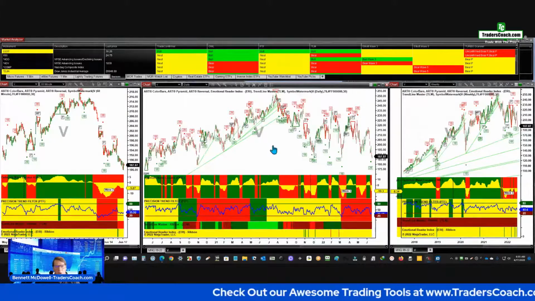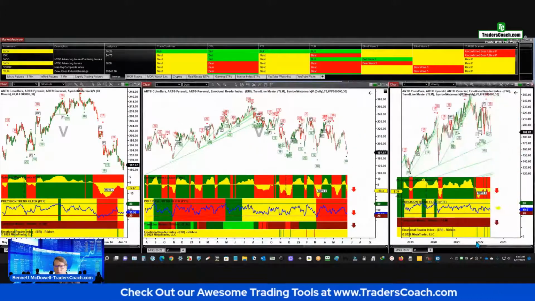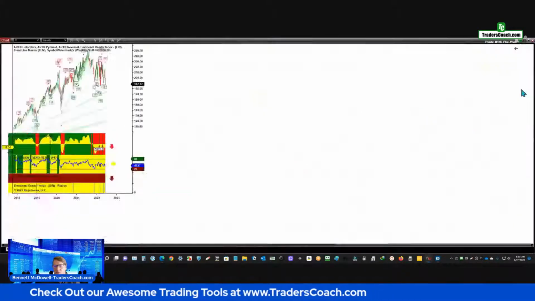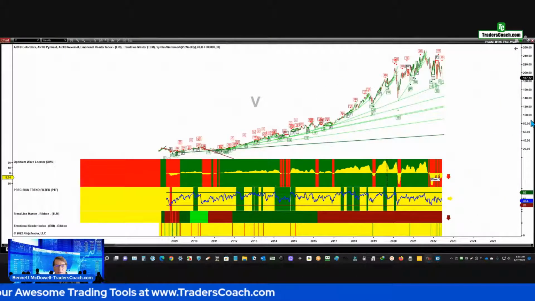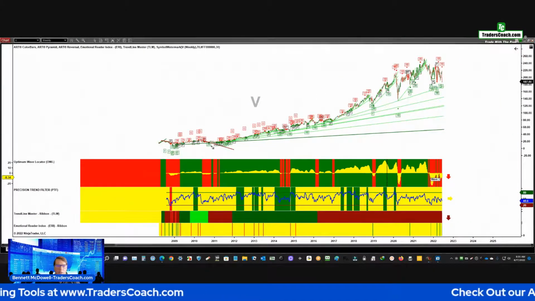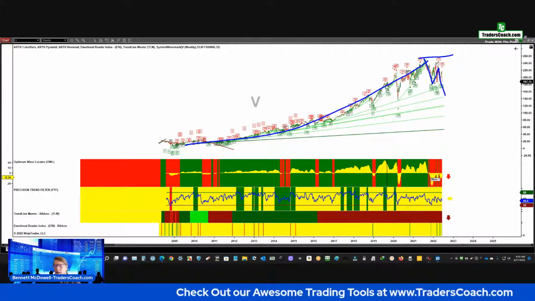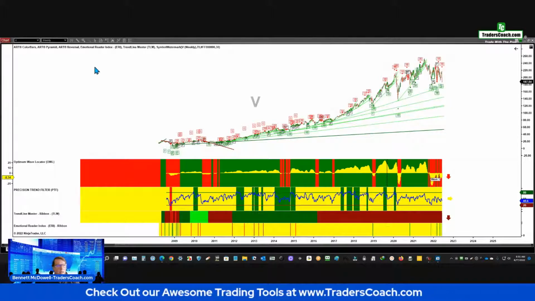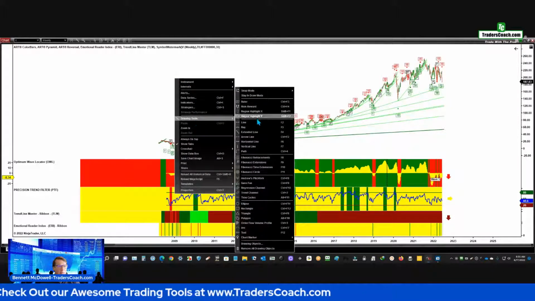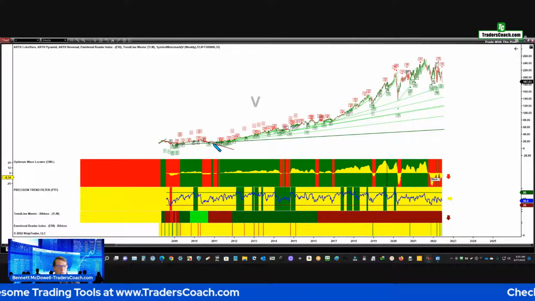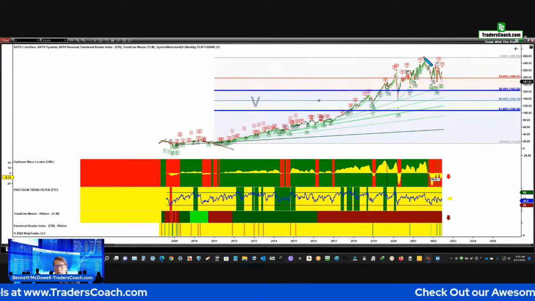Okay, here we go. So again, let's take a look at that weekly chart first. Can't miss that. Wave 3. Boom. Very similar to the Dow. I think we're kind of coming down, but I don't think we're quite down there yet. Let's draw a fib retracement and see where we think we're going on this bad boy.